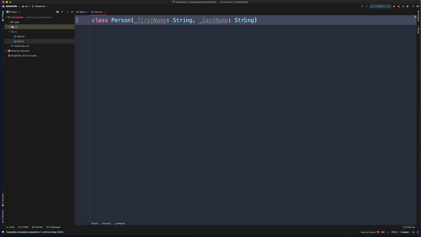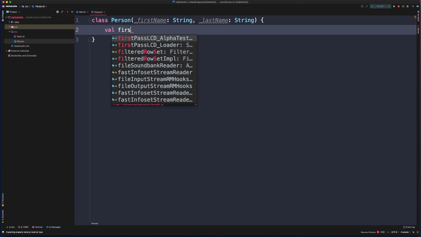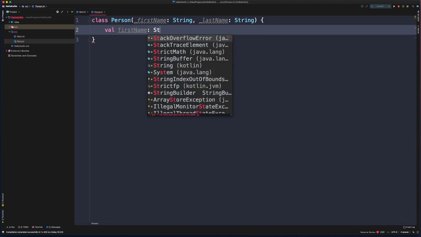So now we come back here and we're not actually doing anything yet with these parameters. So let's change that. Let's define our first property on our person class. Since we're passing in first name and last name, let's define properties for first name and last name. So we could say val first name, string,